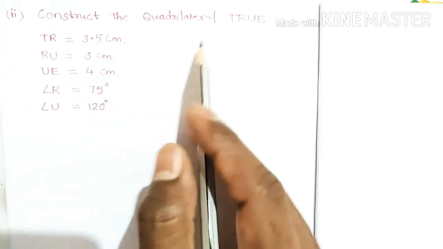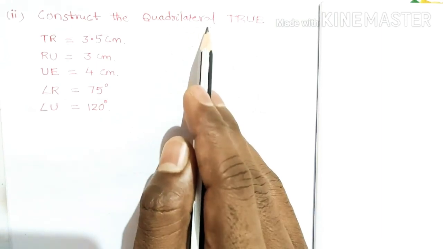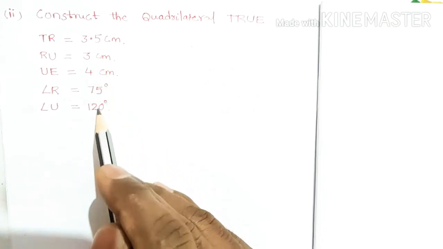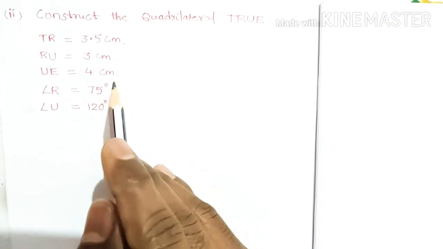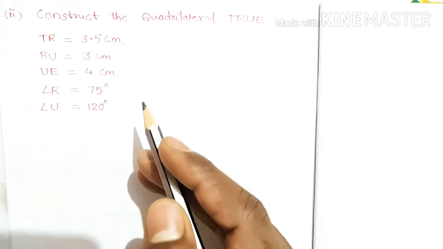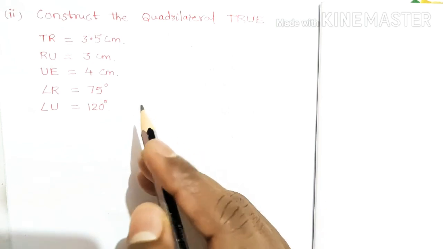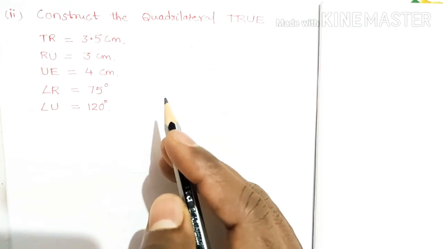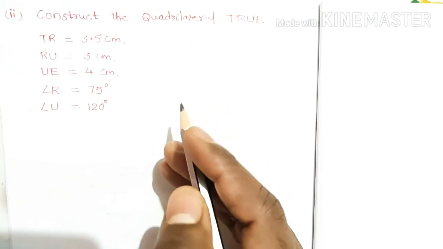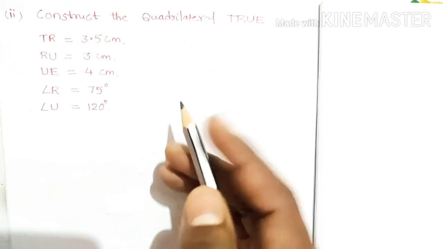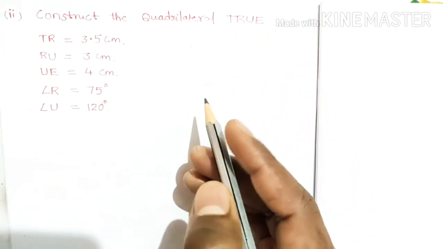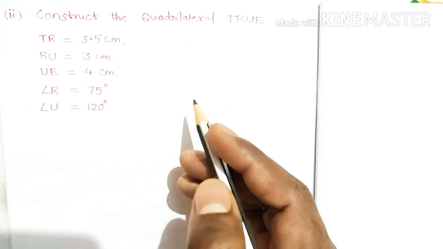We know that to construct a quadrilateral, 5 independent measurements are required. Here, 5 measurements are given to us: 1, 2, 3, 4, 5. So we can construct the quadrilateral. We draw a rough sketch as usual to get an idea of how we can start off. Then we can devise a plan to locate the 4 points. 4 points means 4 vertices. Let me draw the rough sketch of this figure.